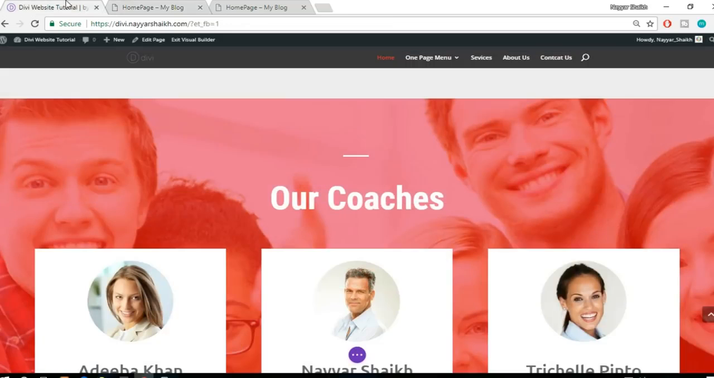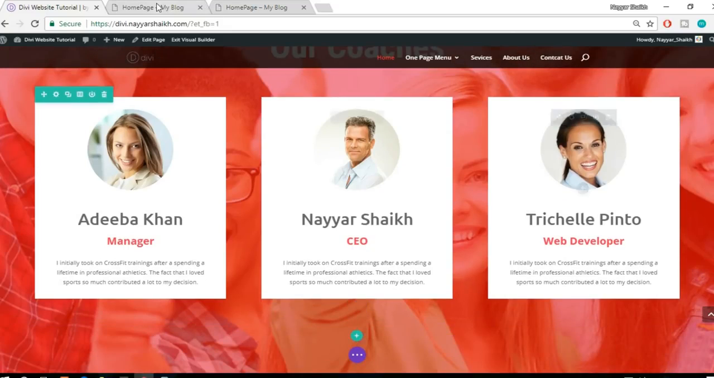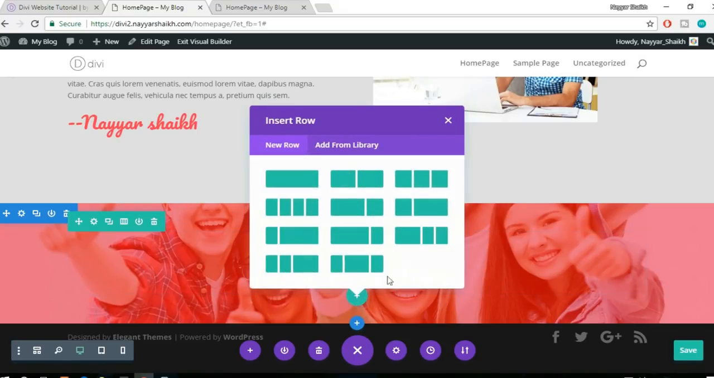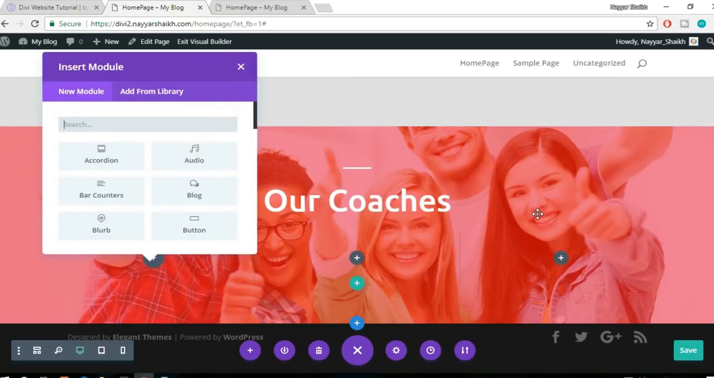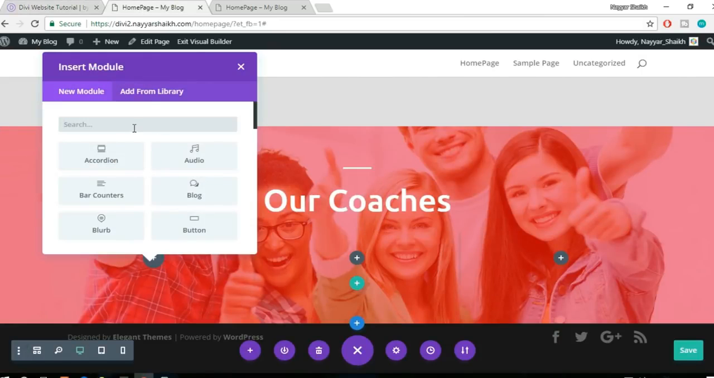Let's delete that. Now we have to add this section, 3 different people over here. So for that, click on this button now, this green plus button. Now select this thing, 3 different columns. Fine. Now here at the top we have to add an image. So first select image,